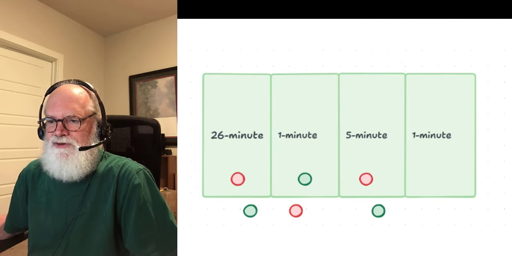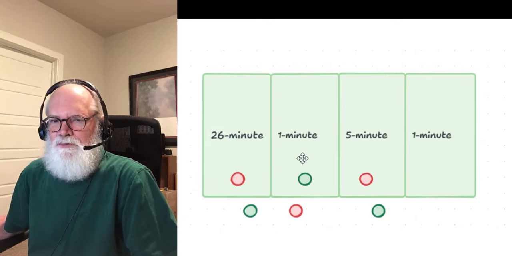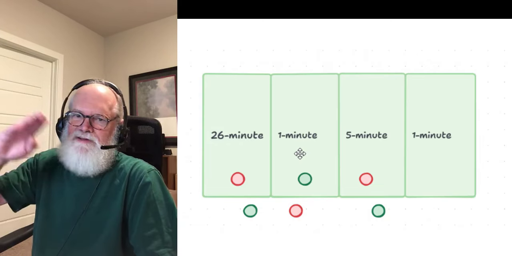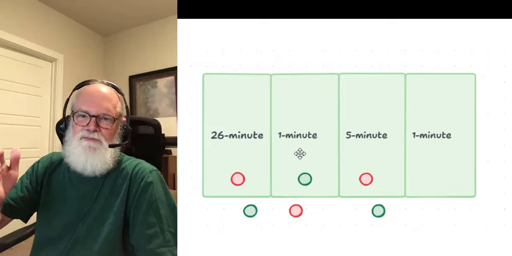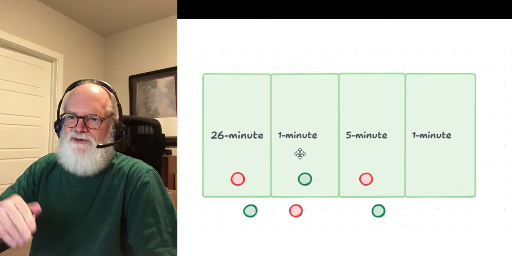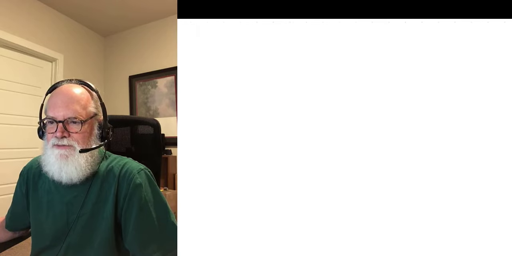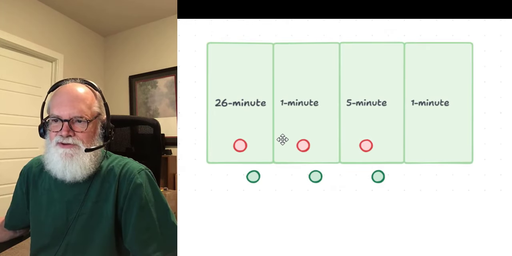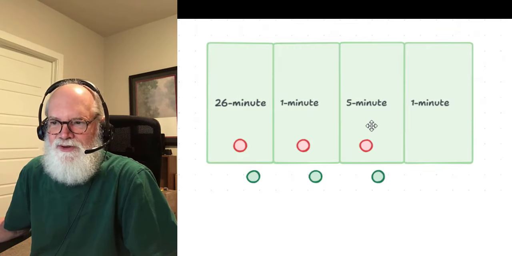So you could also do something like, say, the 26-minute chart candle is red and the 5-minute is red, but the 1-minute is green. Well, probably you've got just a small retracement in price in the context of a larger downtrend. And as soon as that 1-minute candle turns red again, then you've got three red candles and a more momentum type thing going on. So for example, where all 3 colors agree on red,